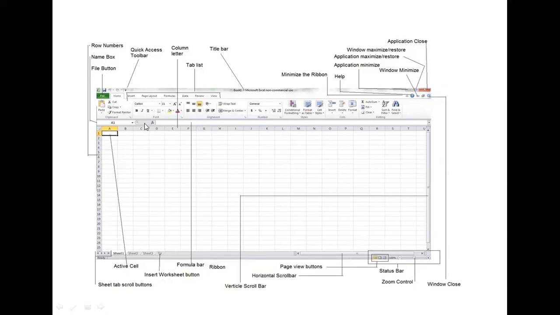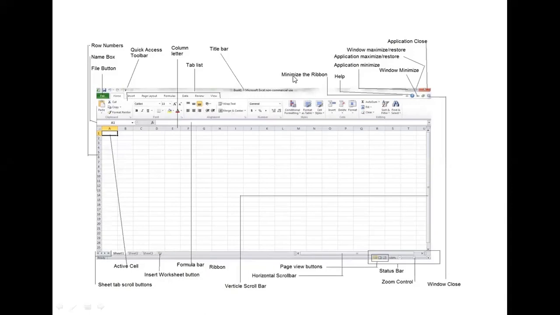Then these, like Insert, Page Layout, Formulas, Data, Review, View, are nothing but your tab list. And this is your title bar, which contains the information about the title,